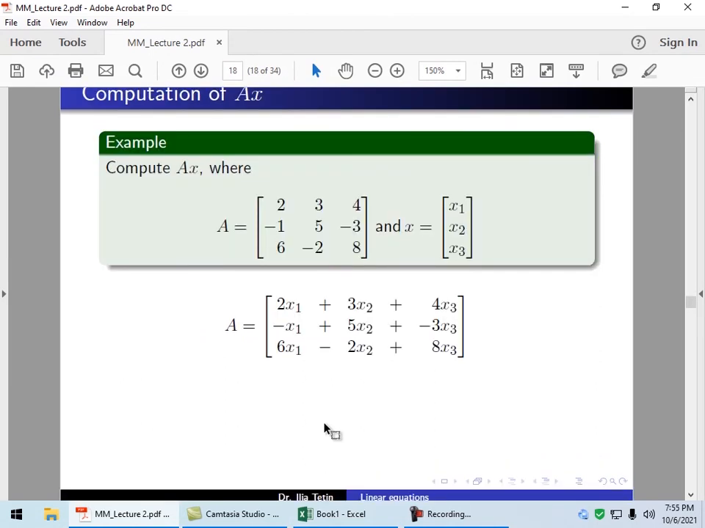What is this example about? This example is about computation of AX. 2x1 plus 3x2 plus 4x3 minus 3. Yeah, of course,